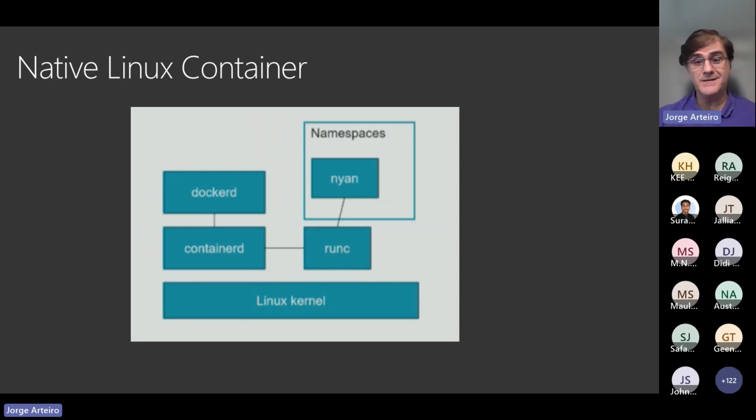A Linux container is nothing more than getting your code and running it with this runC. That's software that was created by Docker at the time, and all these things became open source. People know something called Moby. Moby is the open source side of Docker. containerd is part of the CNCF that you're going to see here.